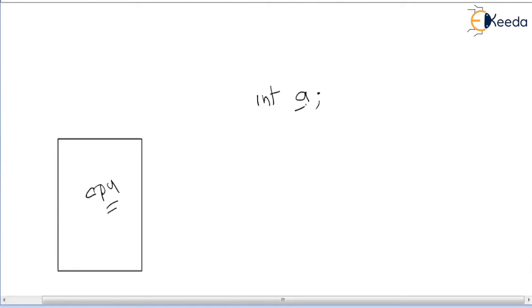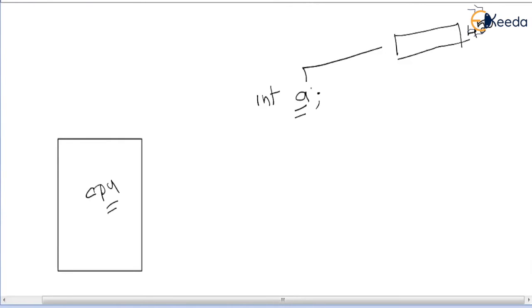The moment you declared this variable, of course, the computer system is going to assign a memory location to it. You know this. Let us say this location is the 450th address of the main memory.